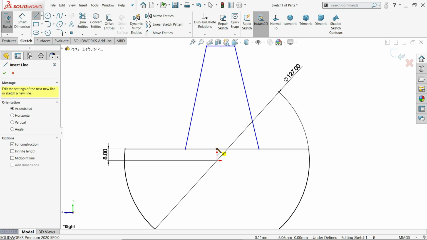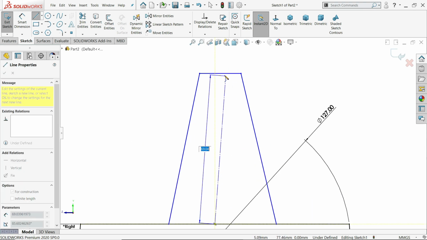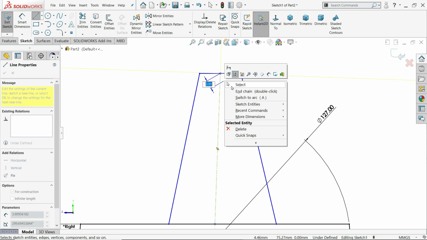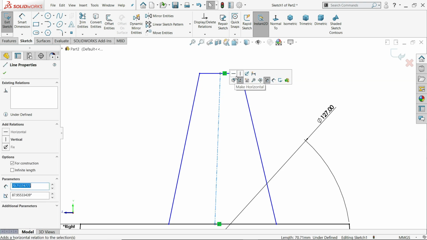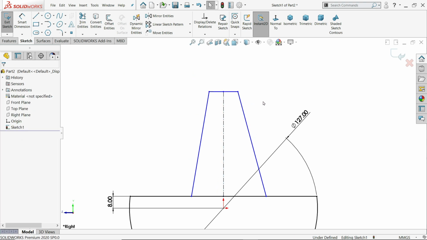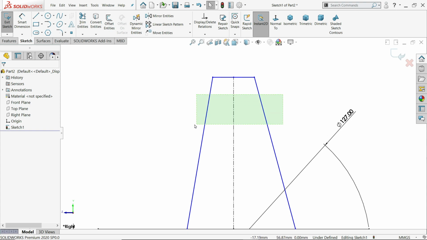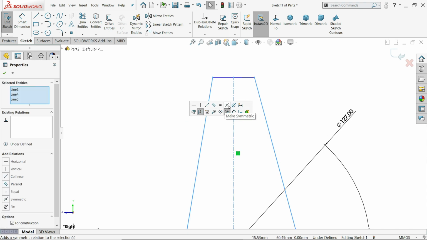Center line. I'll draw one center line to this center point. Choose line, vertical. Now here we need to create one more relation. Select these 3 lines and you will find one option, make symmetric.